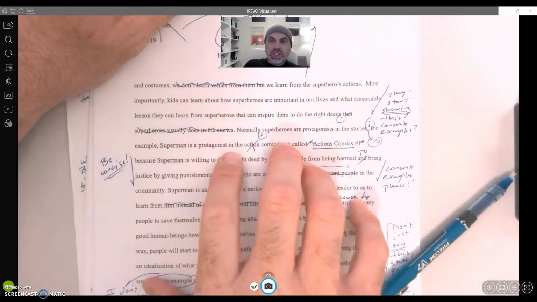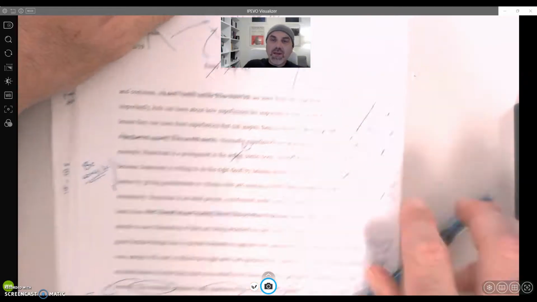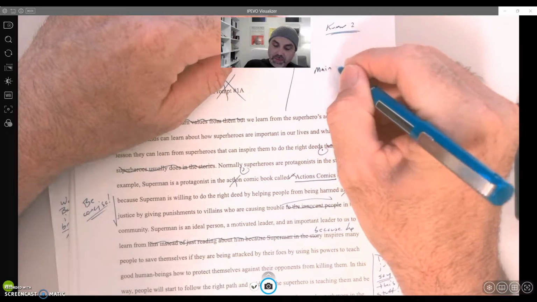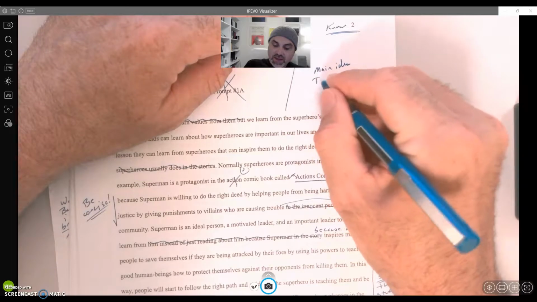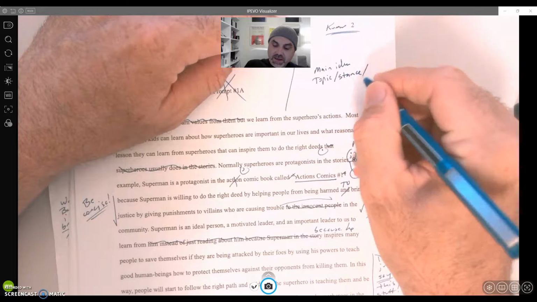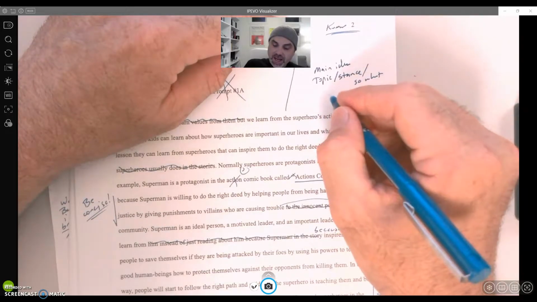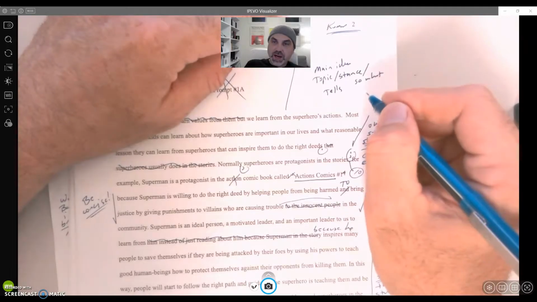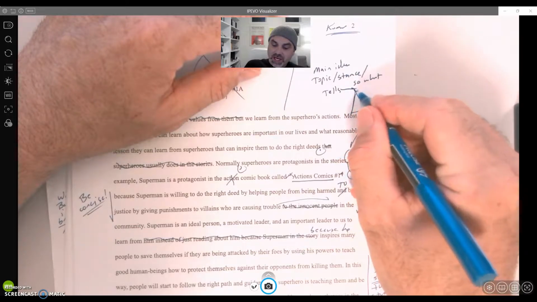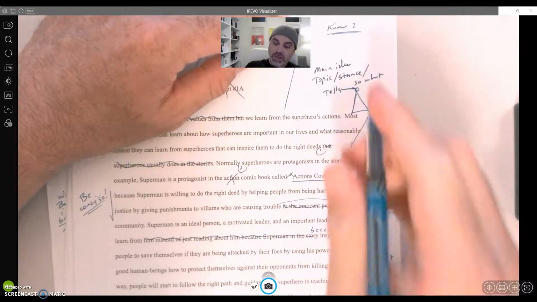Okay, so you started with this paragraph. I thought this was a fine place to begin. Remember that the way the paragraph works is that you give me a main idea, and that main idea, just like a thesis, has a topic, a stance, and a so what. So when we think about that model, the main idea is the most narrow part of that paragraph because it's making a very specific claim.